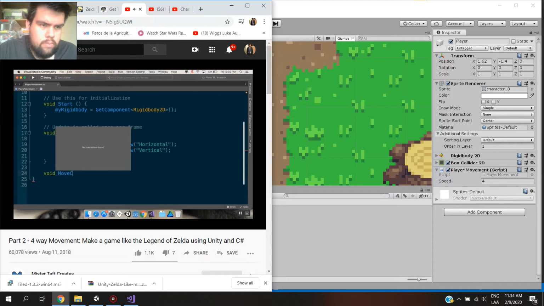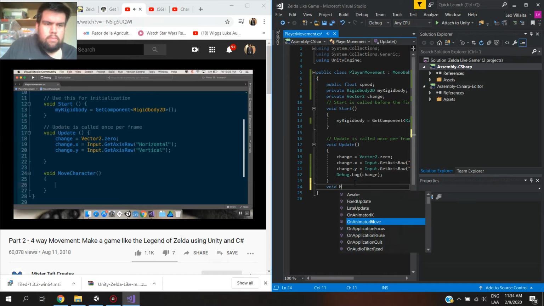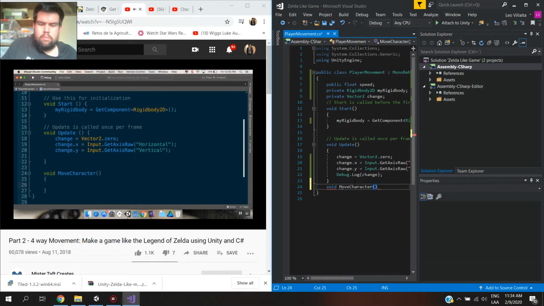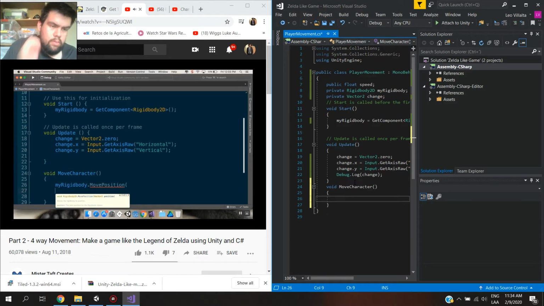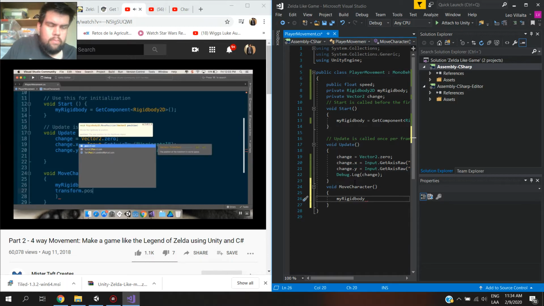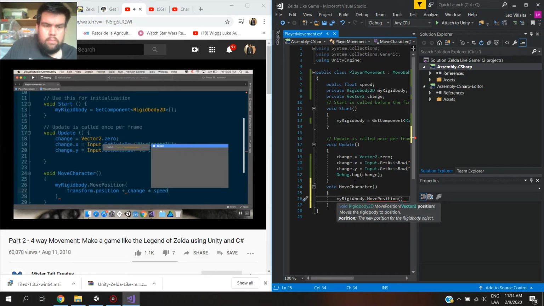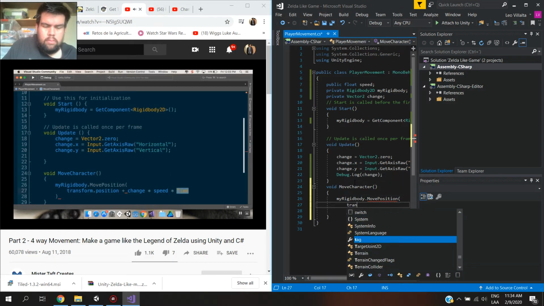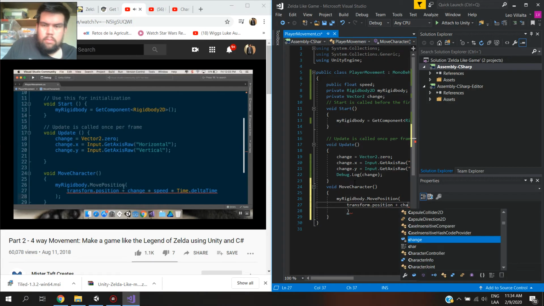So I'm going to call this void move character. And for move character, what I'm going to do is I'm going to call the player's rigid body, and I'm going to set it to move towards the position wherever we currently are, plus the change. So to do that, we're going to say my rigid body dot move position. And the position we want to move to is transform.position, our current position in the scene, plus change times speed times time.delta time. Now, adding that time.delta time to that makes it so that rather than going, get something wrong there,